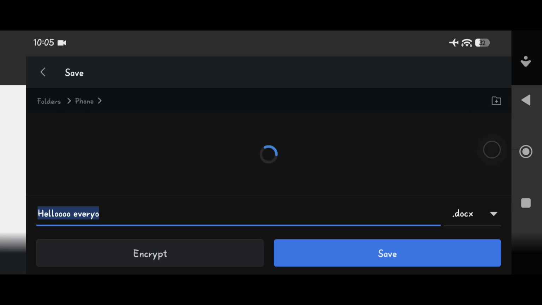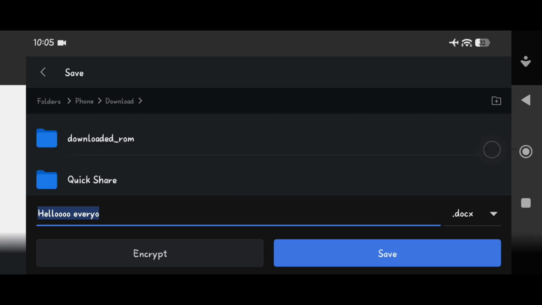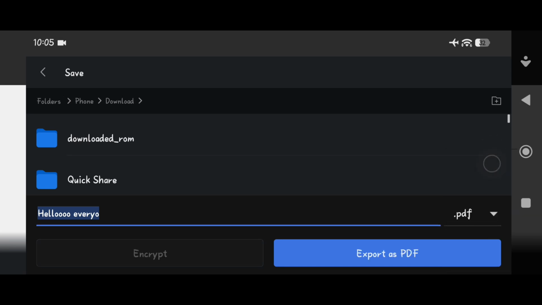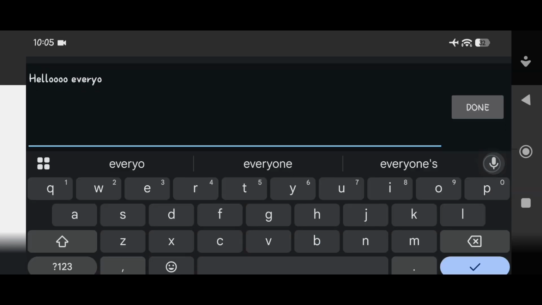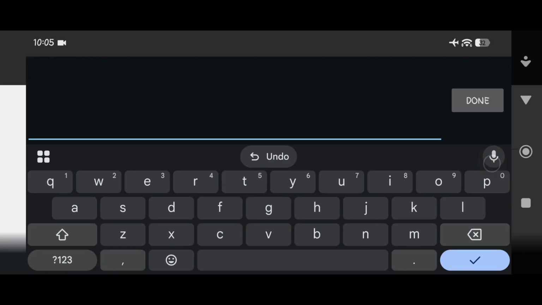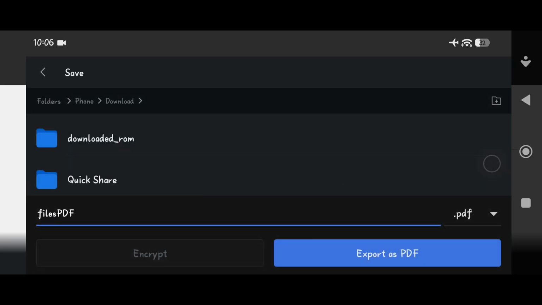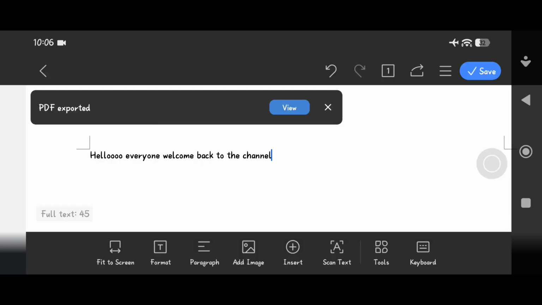and then I want to save it at download like this, and then in here just turn the docs type on here to PDF like this, and then just give a name to your files. For example, files PDF like this, and then just tap on export as PDF,